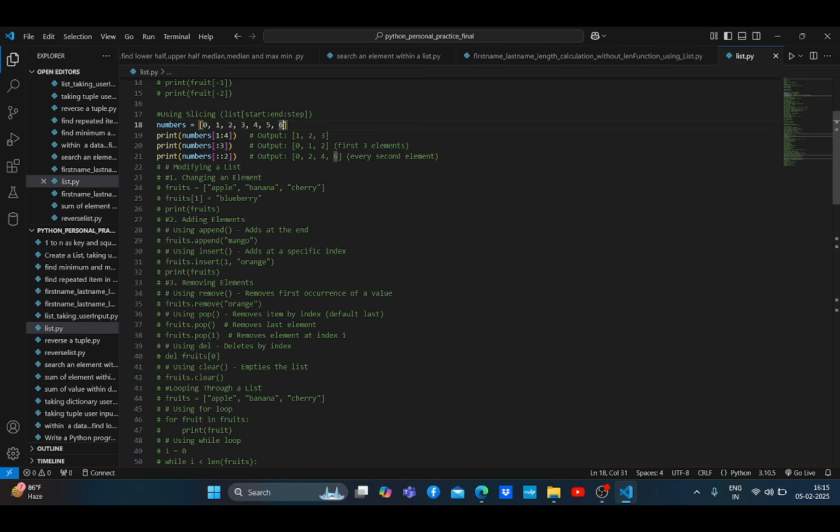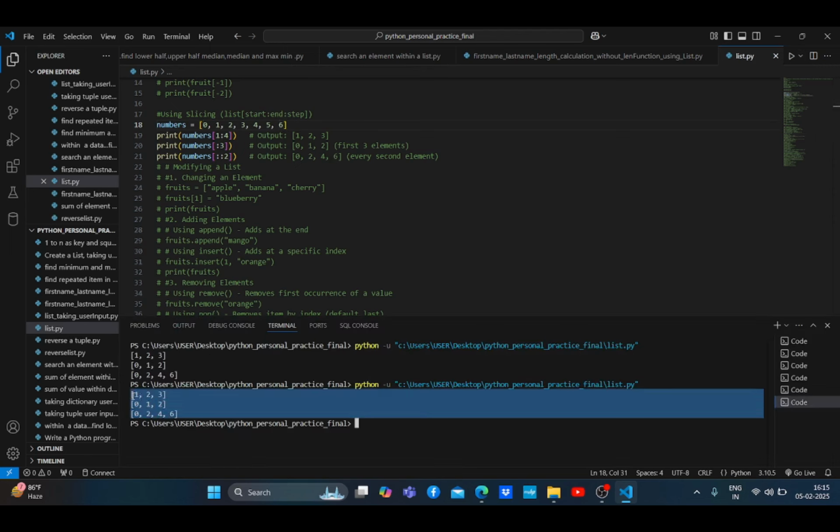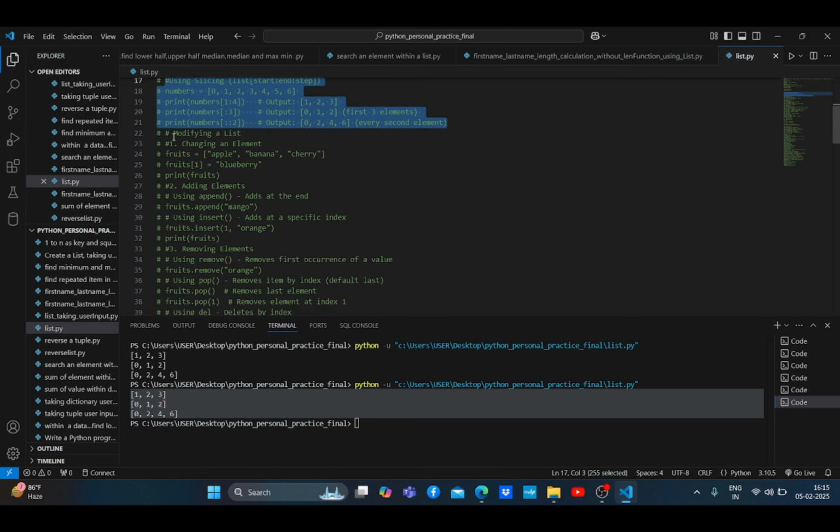And using slicing we also can perform negative indexing. So run this, we can see that this is our output. After that we will want to modify a list. For modifying a list, first we want to